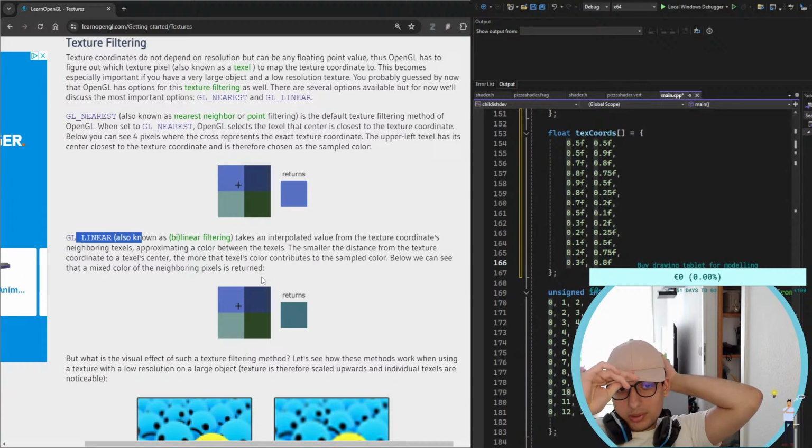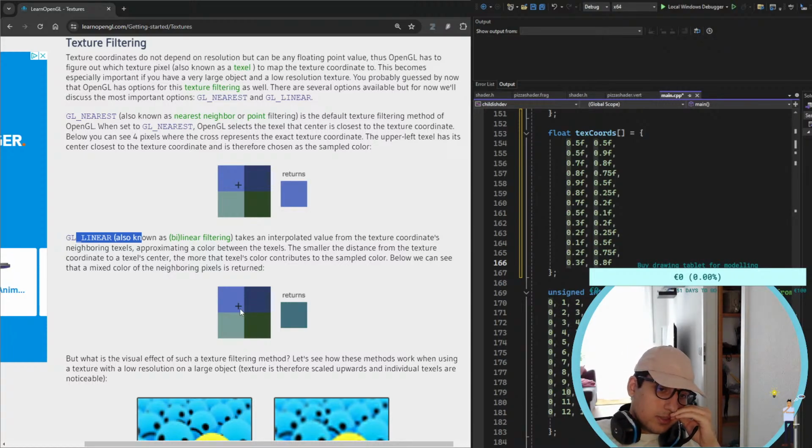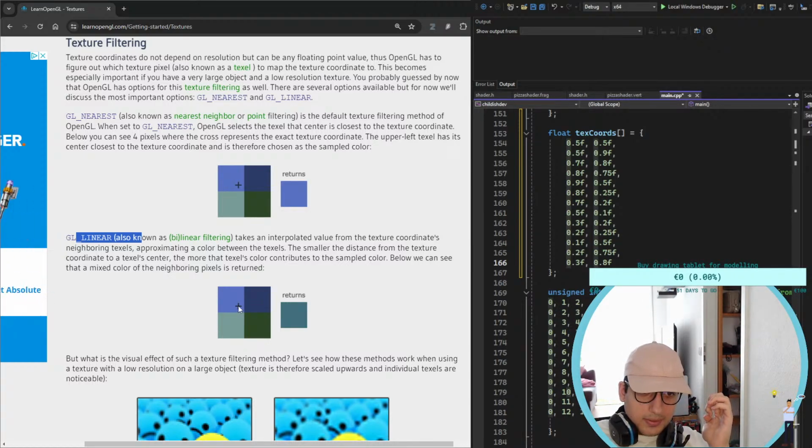Interpolation means between 4 pixels. It simply calculates the distance between the middle points of these pixels and interpolates between the first two of them, and it determines the color